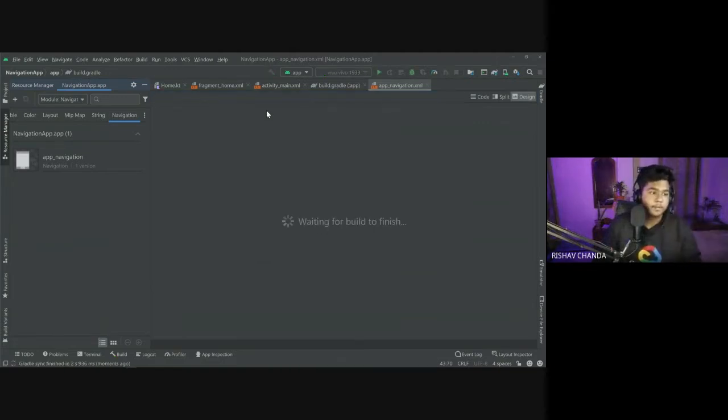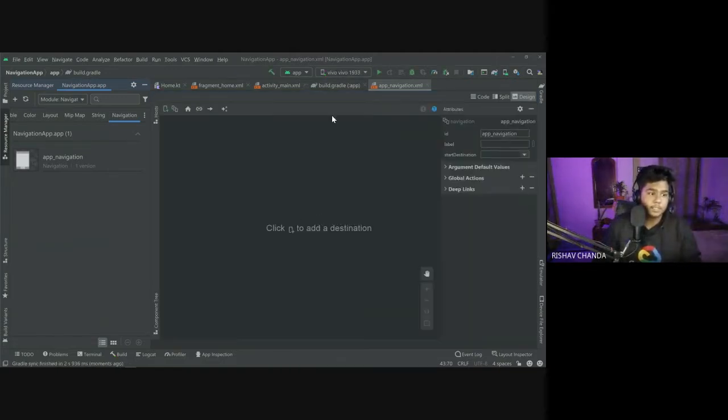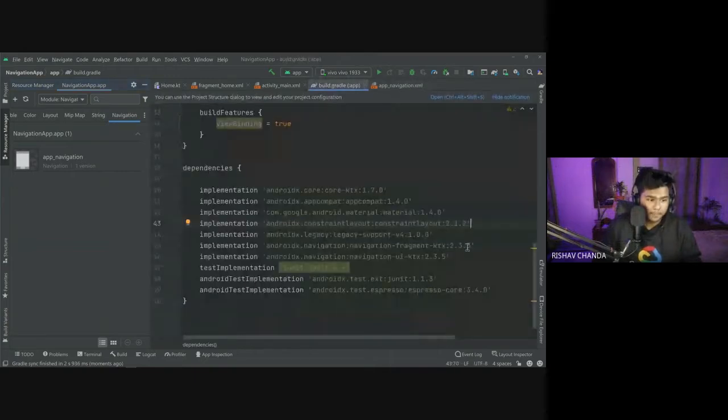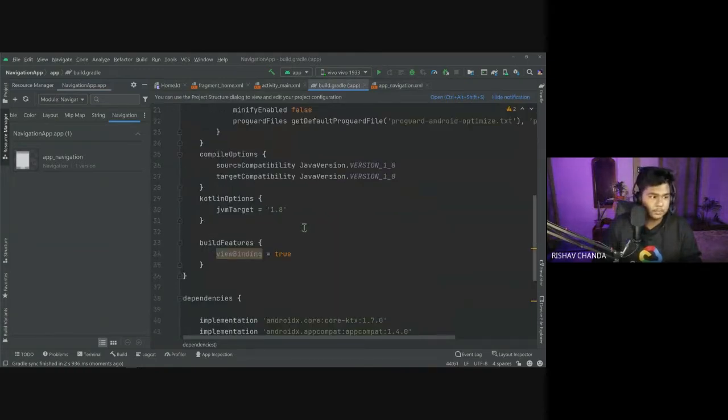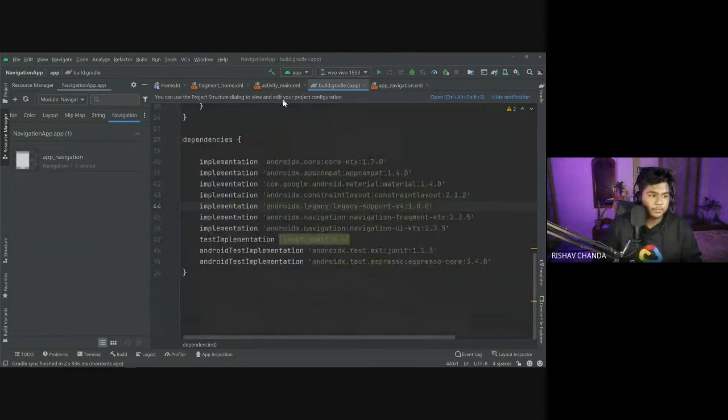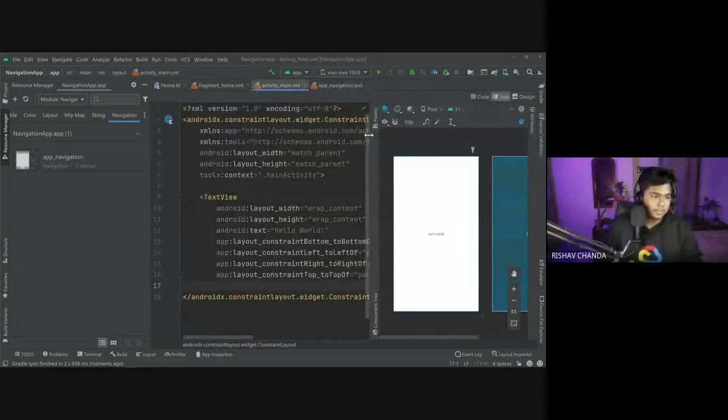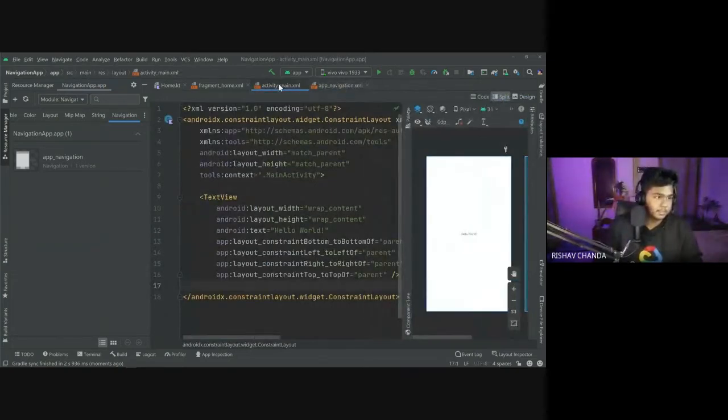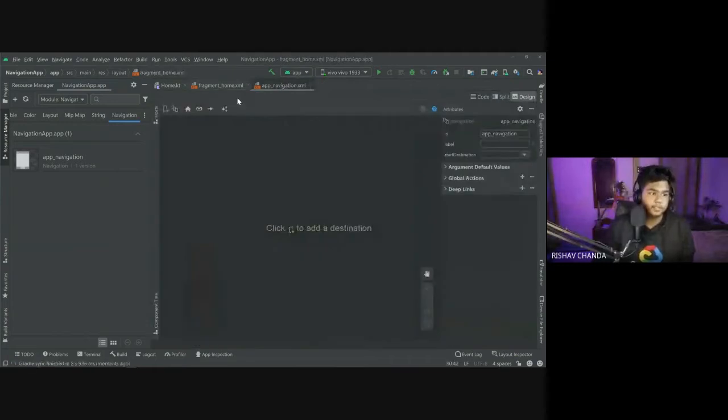Once it is done, you can see that the Android X navigation fragment and many other things have been added. So instead of doing it manually, you can do it this way also.